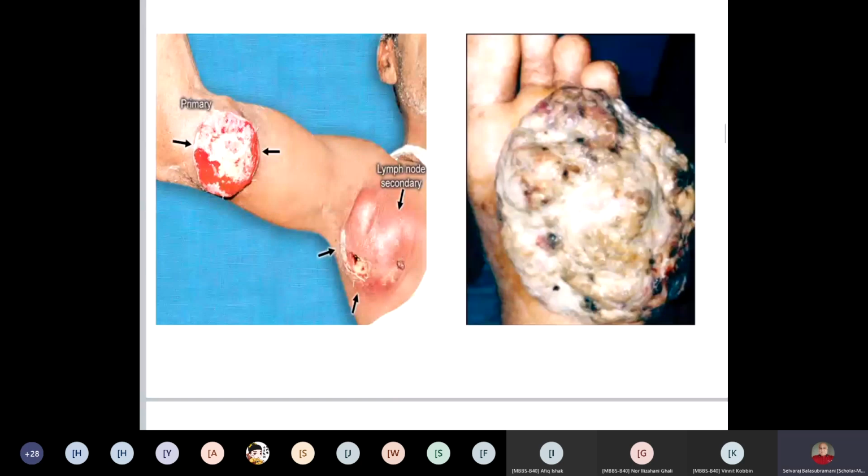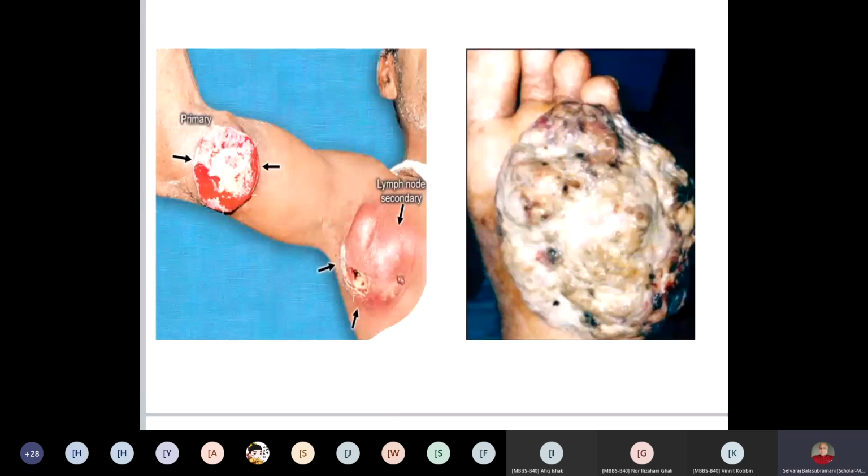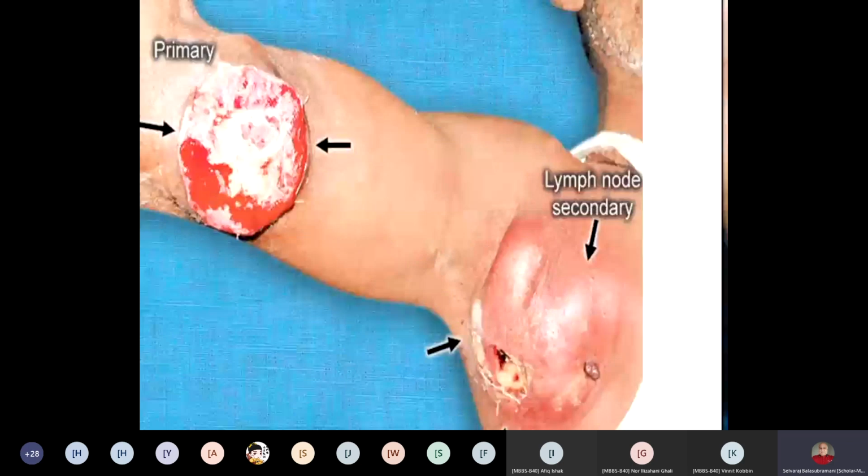Okay. Now we are coming to one that is not only an ulcer, it is a tumor also. You are seeing in the second picture a cauliflower-like growth in the skin. The skin edge is not only raised, it is also everted. So what is this ulcer in the limb? Yeah, squamous cell carcinoma. So the first picture is one squamous cell carcinoma where the primary ulcer is in the upper arm, and there are secondaries in the axillary lymph node. Axillary lymph node is the secondary lymph node.